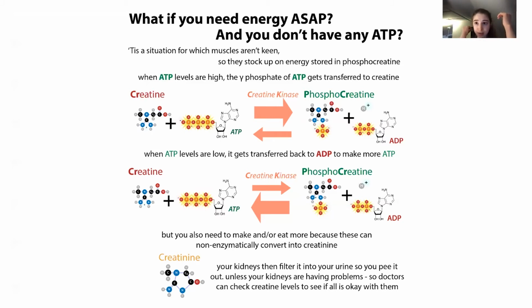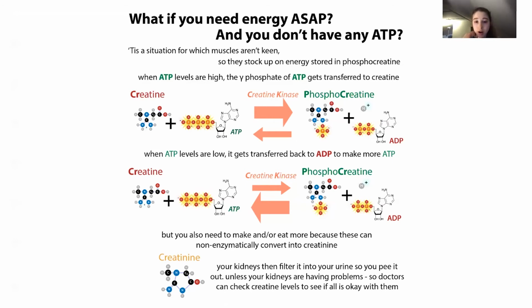So it's not so much that they care about the creatinine, they're just using it as a marker of this thing should be getting filtered out of the blood. Is it getting filtered out of the blood? And what is the rate of blood flow through the kidneys? So that's why you might have heard the term creatinine, even if you've only seen it in the context of medical shows or stuff, and you're like, what the heck is that? So that's where creatinine comes in. So creatinine is different from creatine and different from phosphocreatine. It's this spontaneous ringification product. It's a waste product that your kidneys get rid of if they're working properly.